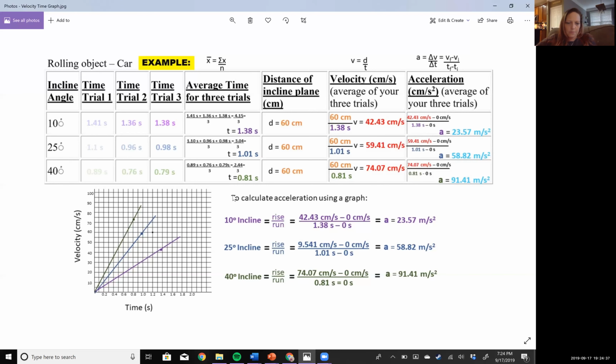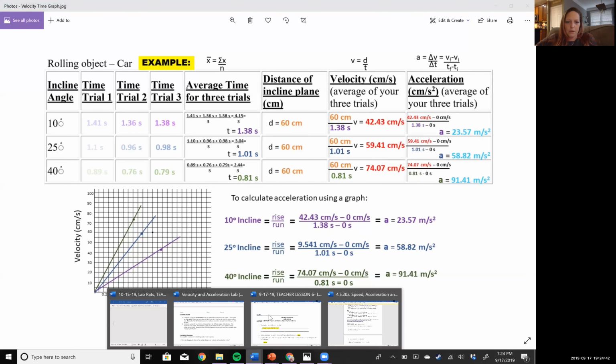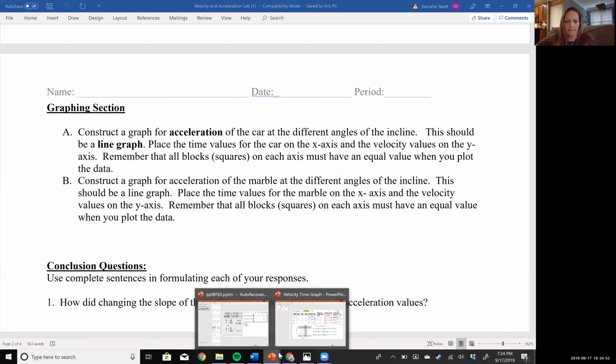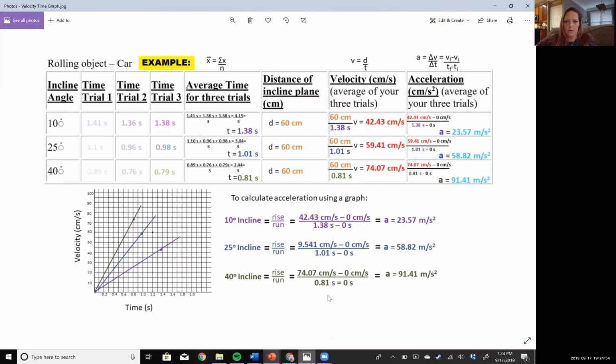All right, so we come down here. So here's how we plot the graph. If you remember back here, it said to plot the time values, and then it also says the velocity values. So what is that? The time values are right here, and the velocity values are right here. They both started at 0. So we're going to take our purple one here. That's our 10 degree. We started at 0, and we went to